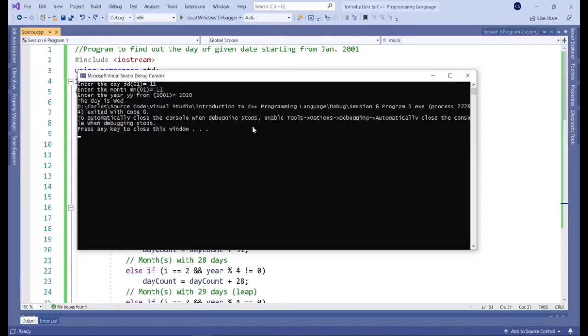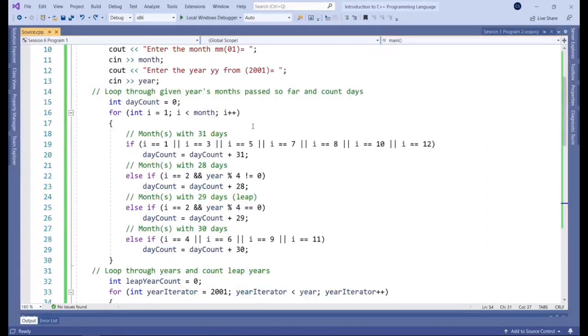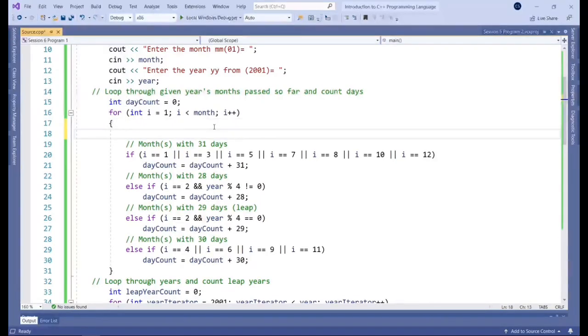You can try it on your own with different dates. Try experimenting with the code, playing with it. Something that you can do, it helps you visualize the loop. You can actually go in here and print out the value of I or of the tracker variable for the iteration. You can do something like this, so you're aware. And that way, every time it goes through and it prints out, you will get a reading of that value of I, so that you can understand how it's changing as the loop goes through.